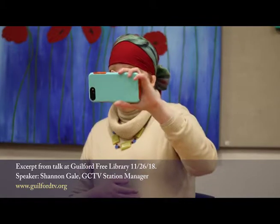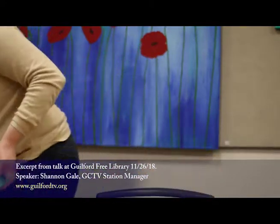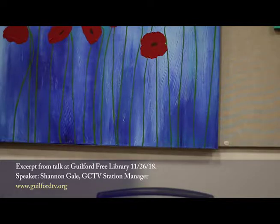First of all, is how to hold the phone. You don't want to hold it portrait side. You always want to hold it landscape, so that way if you bring it into editing, it'll orient correctly. Landscape is better for editing. I mean, you can film portrait, people have done it, but if you're really going to do some editing